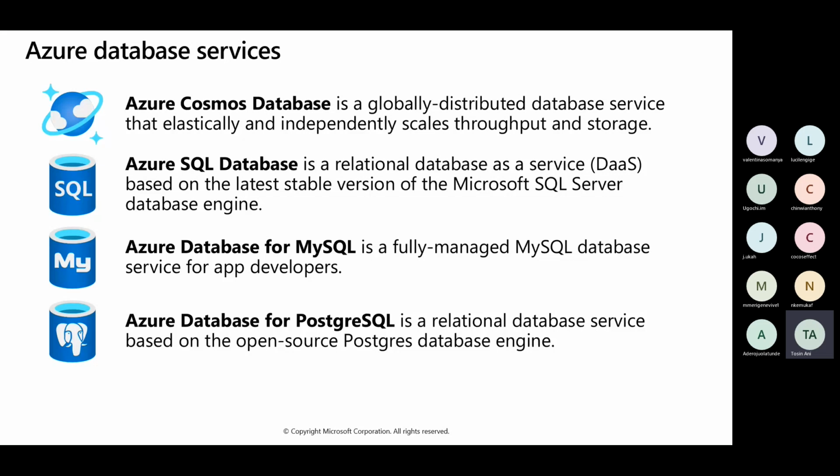Cosmos DB basically is a globally distributed, multimodel database service. And what that means is you can independently scale storage across a number of regions worldwide. With Cosmos DB, you can take advantage of the fact that it's fast, so you can access the data in seconds. We have different APIs for this database. And Cosmos DB gives us comprehensive service level agreements for throughput, latency, availability, as well as consistency